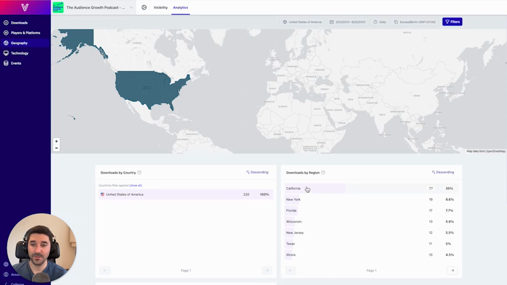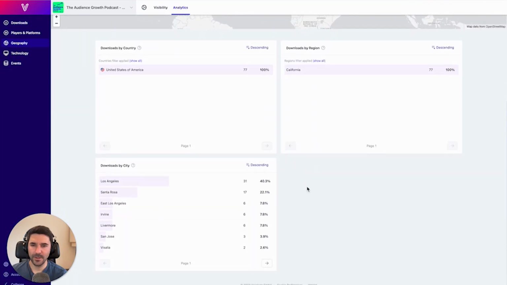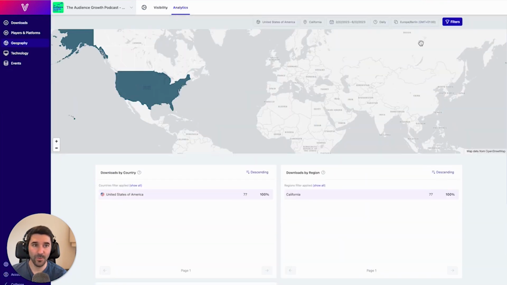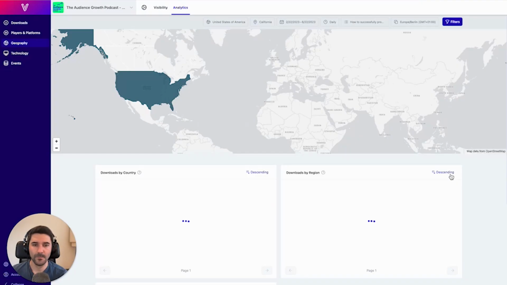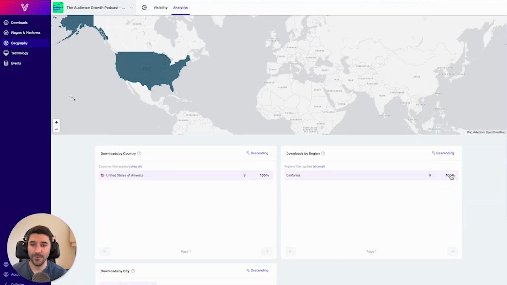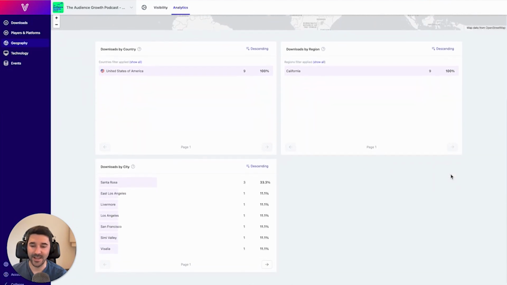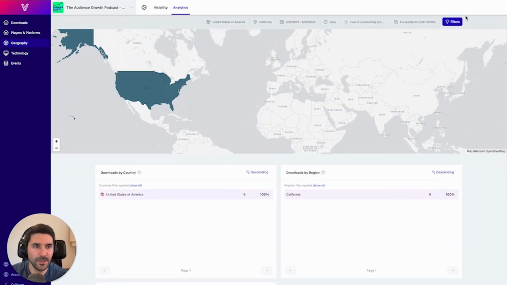Now, do you want to zoom in on the downloads that happen in California? Also possible in one click. And now look, you can see a list of the downloads by city located in California only. But that's not all. We can go one level deeper and filter by episode. And now, for this precise episode, you can see exactly in which cities the podcast was listened to. So we can now clear those filters